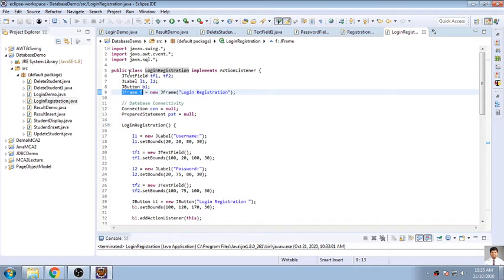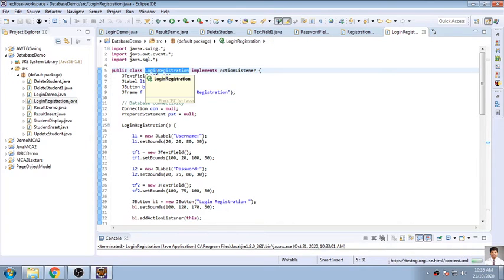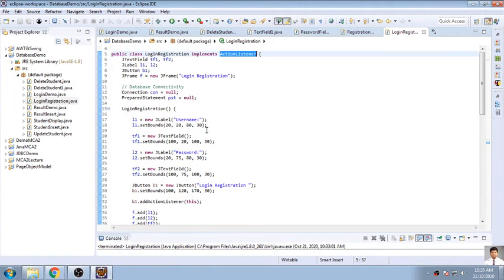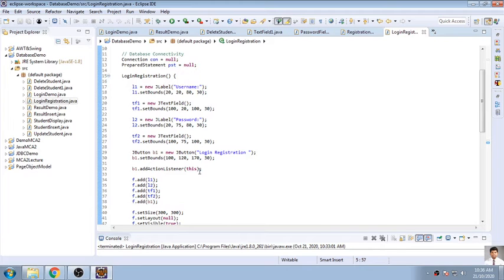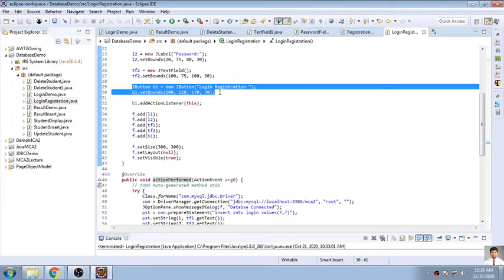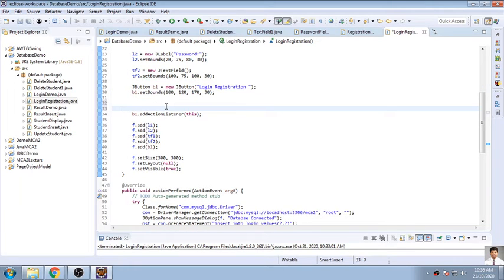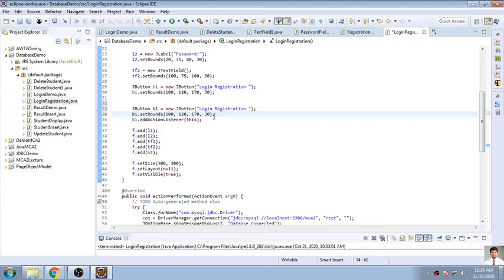So we have created this class that will be implementing ActionListener, because I want to add this action listener for this button. Now what I will do is go for another button. See, I am pasting another button that will be used for updating the login page.